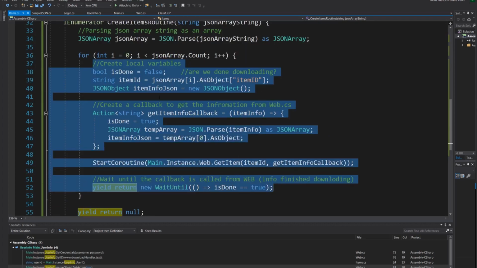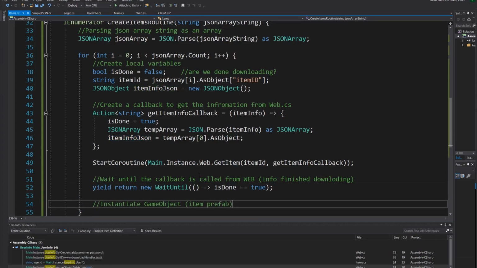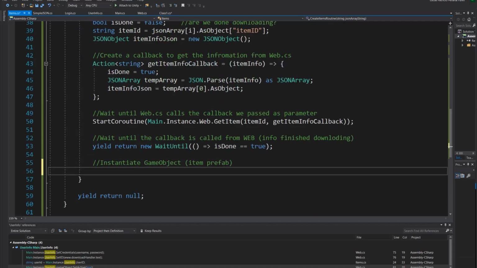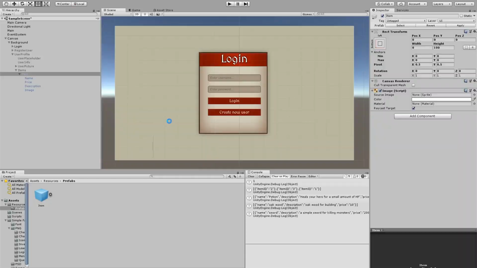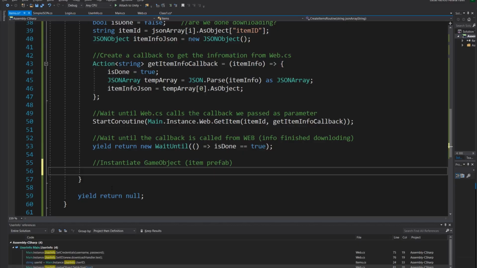So right here, we got the information of the item, but we haven't created that item yet. We need to instantiate a game object and we need to fill the information based on the item info JSON that we created locally in this for loop. Let's do that. And let me type some more comments. All right, so now here we're going to instantiate our game object. That's also very simple. We know that here in our resources folder, we have a folder called prefabs, and inside that we have an item prefab. So we're going to do something very simple. GameObject item is equal to Instantiate